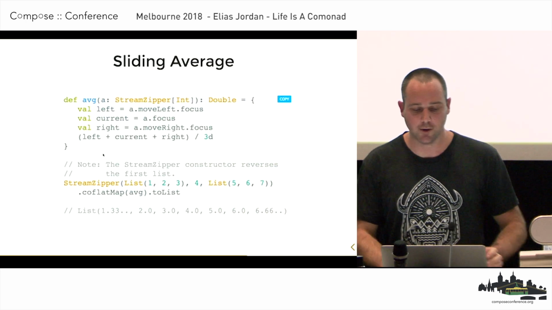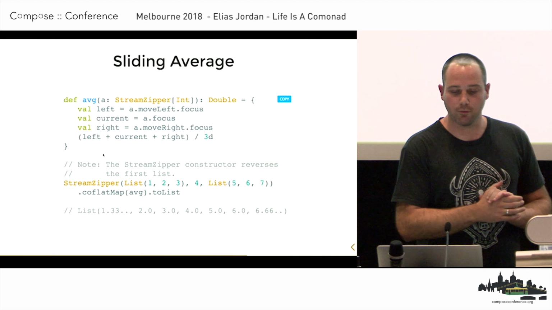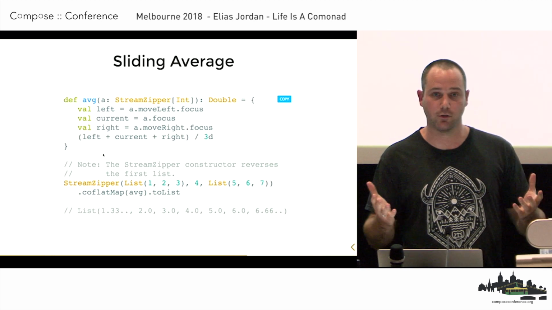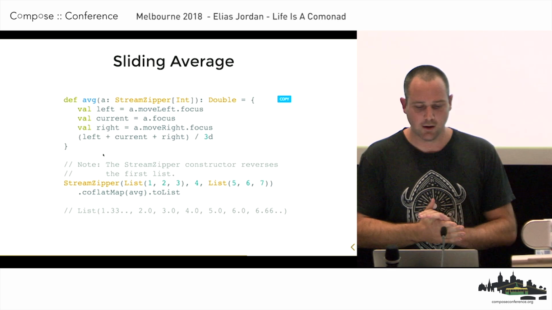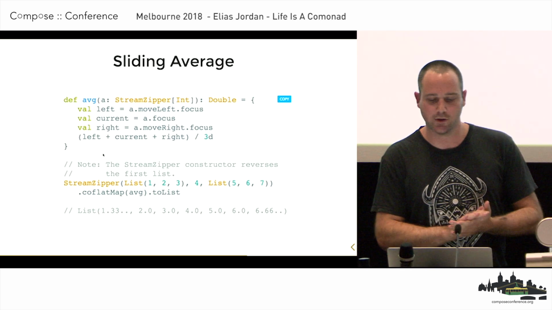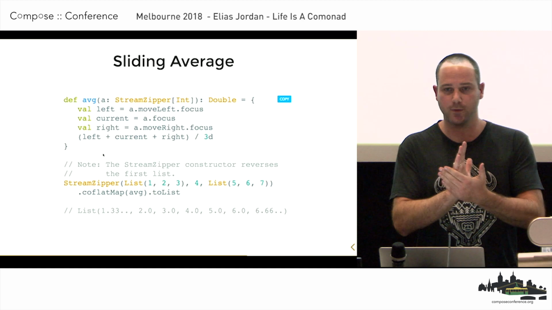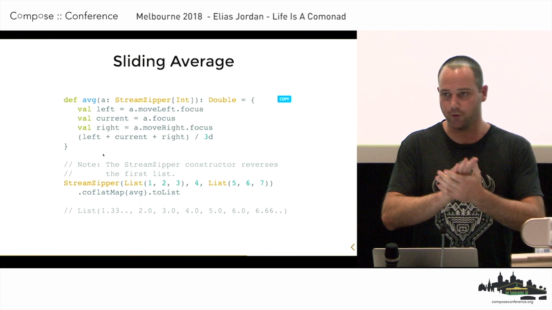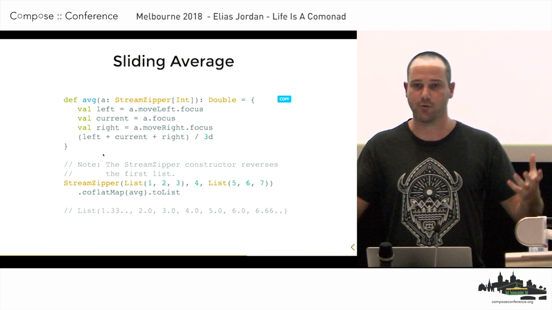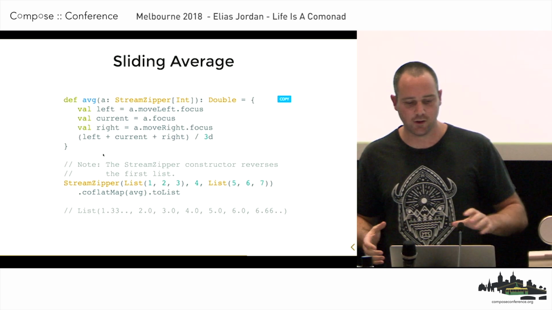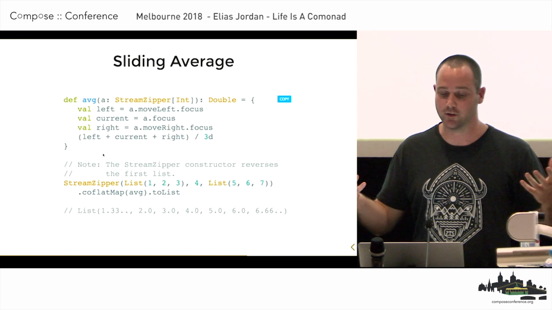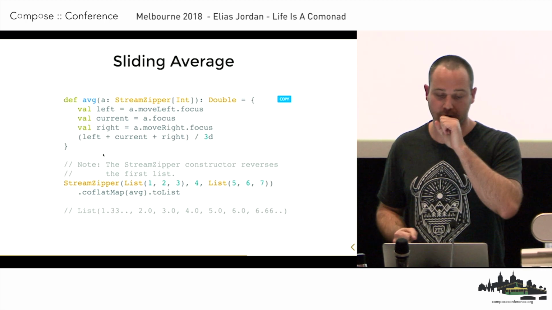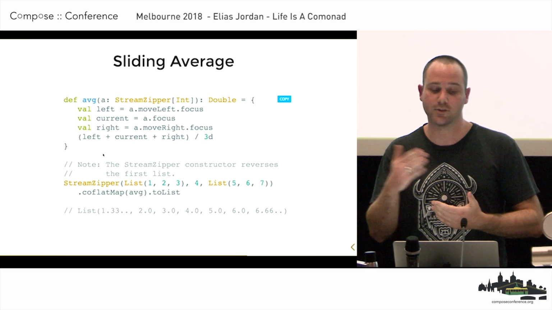Okay, so now a simple example of how you can leverage the power of co-flat map. In this example, we take the current focus element from the zipper, the focus one element to the left, and the focus one element to the right, and compute the average. You can think of this as the local computation, and it has the same signature as the function passed to our co-flat map.